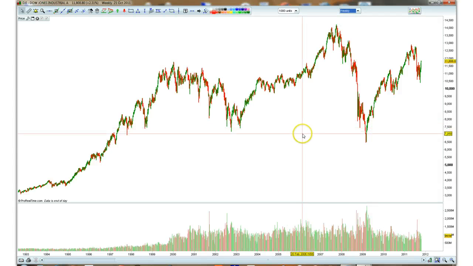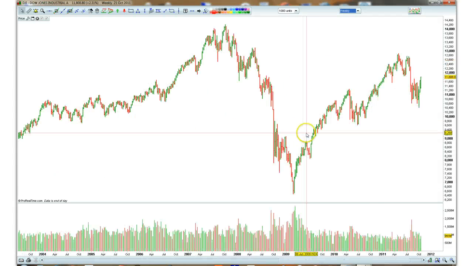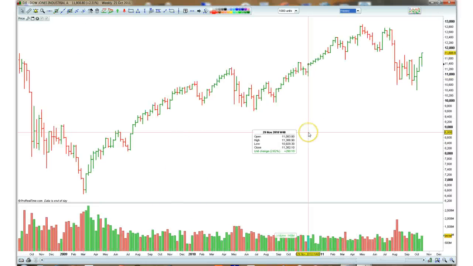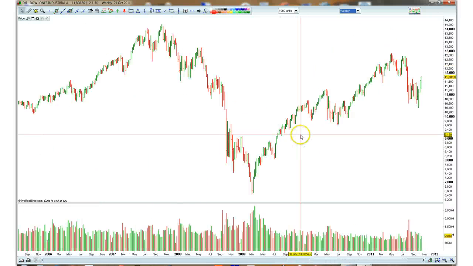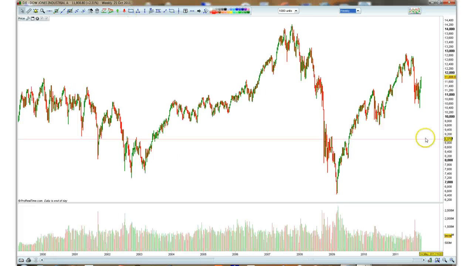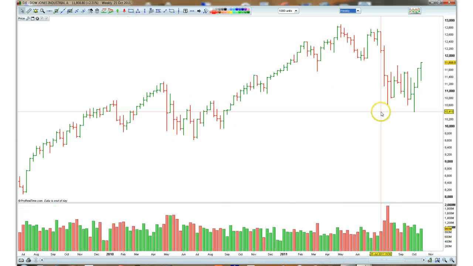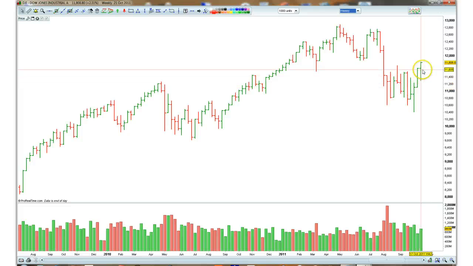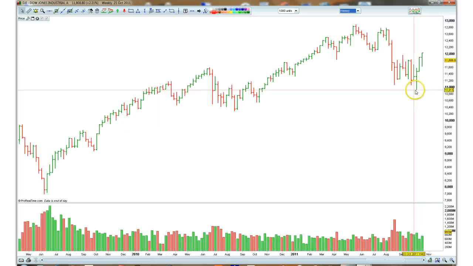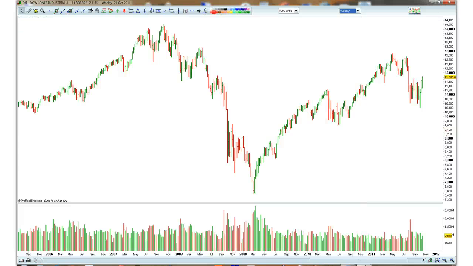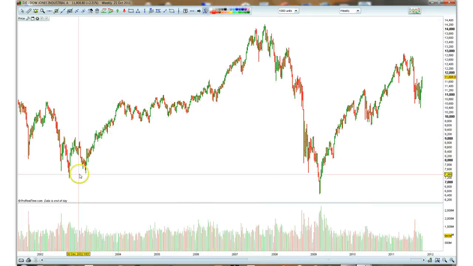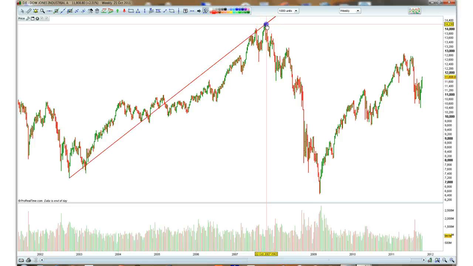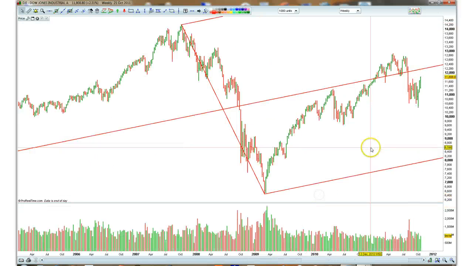Okay, this is the Dow Jones, and just zoom in a little bit. I'm just using ProRealTime because I'm just going to have a little play with the lines now. Now we've had this bit of a run up here on the weekly, and we're just wanting to have a look where that might get to. So I'll just draw in a bigger pitchfork here, just to have a look